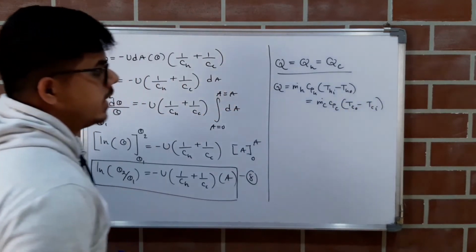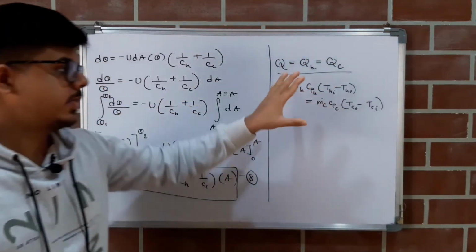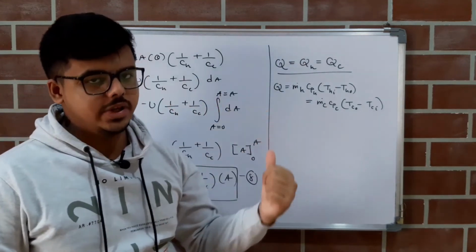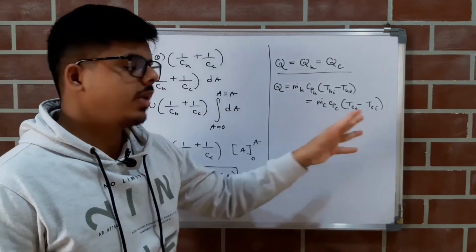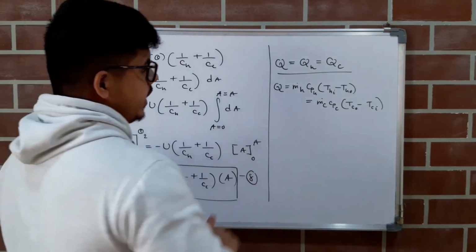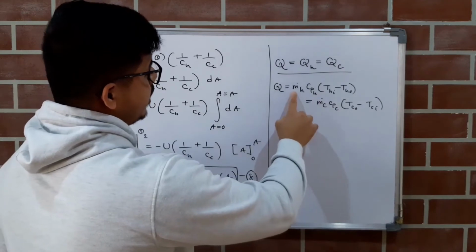Now again, the concept behind this whole equation is explained in the previous part, that is how this formula I had discussed. So please go and see that part. So it is m dot H CPH into this and this, right? And we know what is m dot H into CPH.